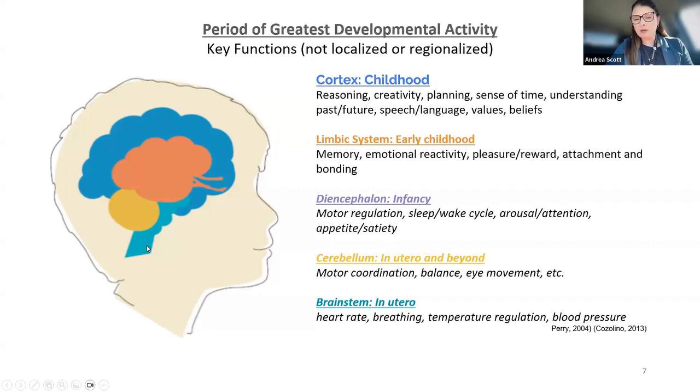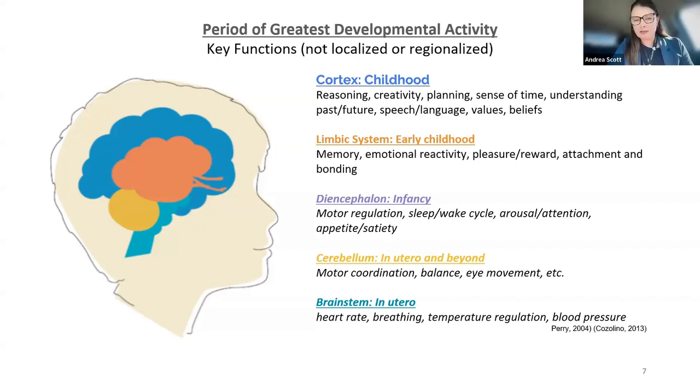Your brainstem controls your heart rate, your breathing, your temperature, your blood regulation. So congratulations, all of you that are sitting here today, participating in our didactic. You are using your brainstem, and that is developed in utero. By the time the mother misses her second menstrual cycle, so at 8 weeks, the brain and the heart are developing. So the heart is already developed and the brain is continuing to develop. So this happens in utero. Most often, sometimes mothers do not even know they're expecting at 8 weeks pregnancy. So keep that in mind.